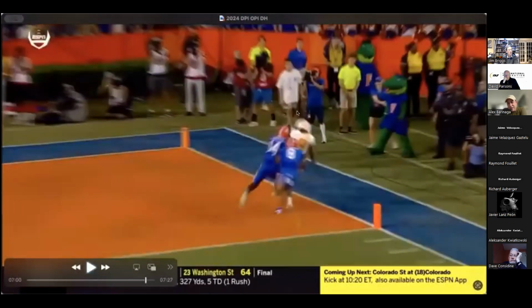Ball's over here. Defender got yanked. Defender got the yank in at about the 1 yard line, took a step away from the receiver. He's still in the end zone. So now, a rule of thumb for